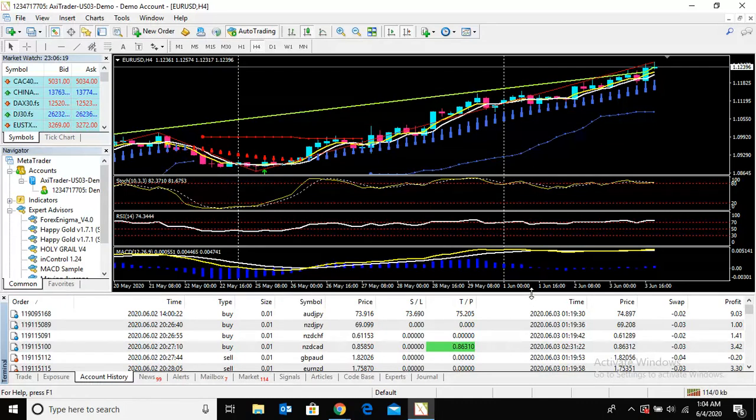This forex strategy consists of 10 technical indicators, but you don't have to focus on all those indicators to trade profitably using this system. When the indicators are correctly installed in your trading system, your chart should look like this. In this trading system, you will see the chart as well. The bullish bars are represented by the purple color. You can see here, and the bearish candles are represented by red color.